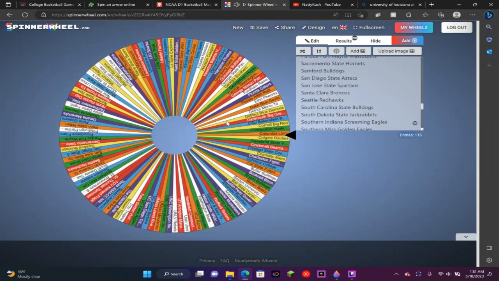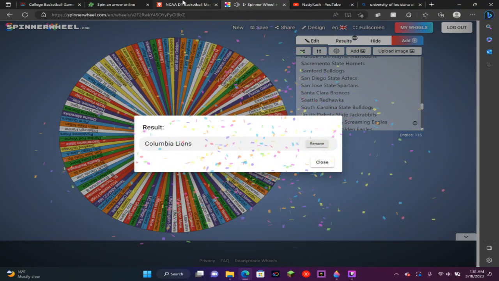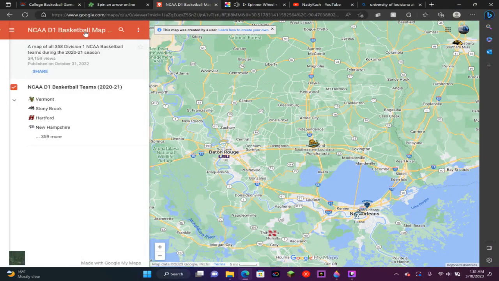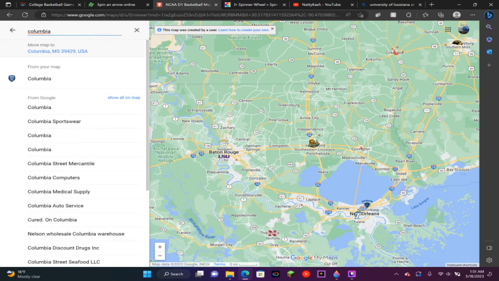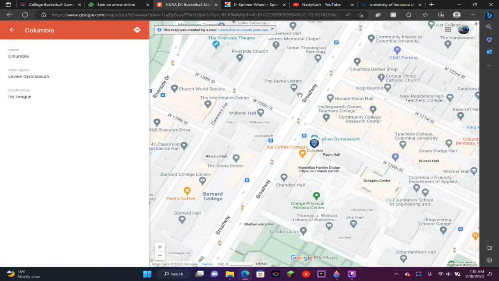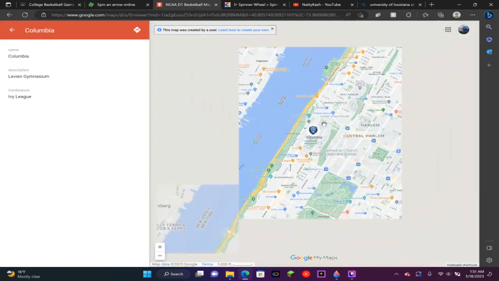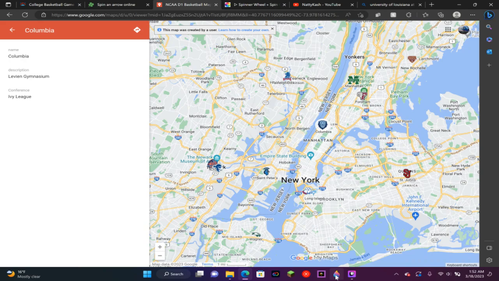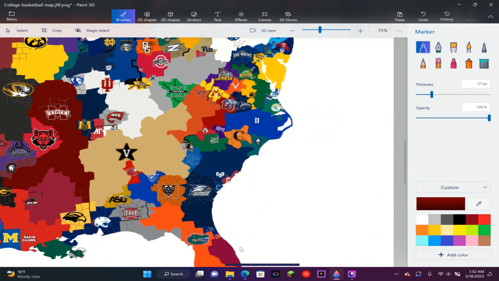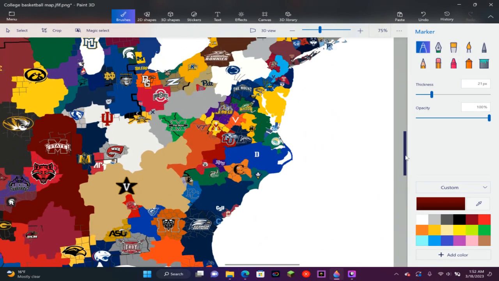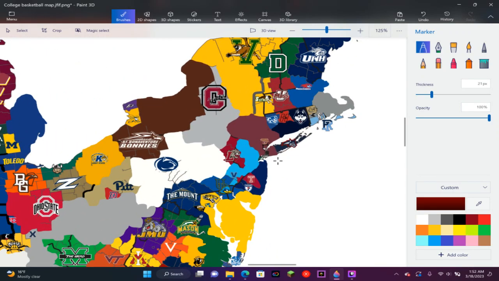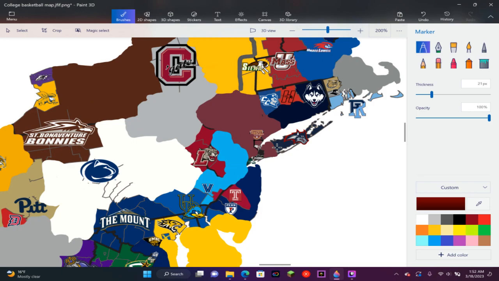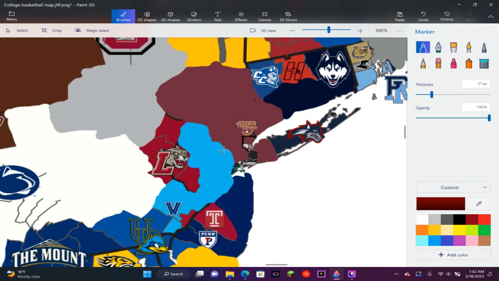It's going to be the Columbia Lions. So let's make sure we know where Columbia is. I assume it's going to be in Ohio. Oh no, this is in New Jersey. I think we already saw this. We already eliminated this team. And also, there's some teams that I need to eliminate. See, this is okay, but